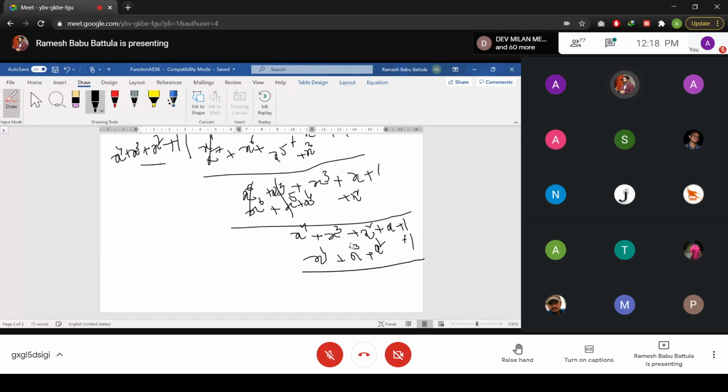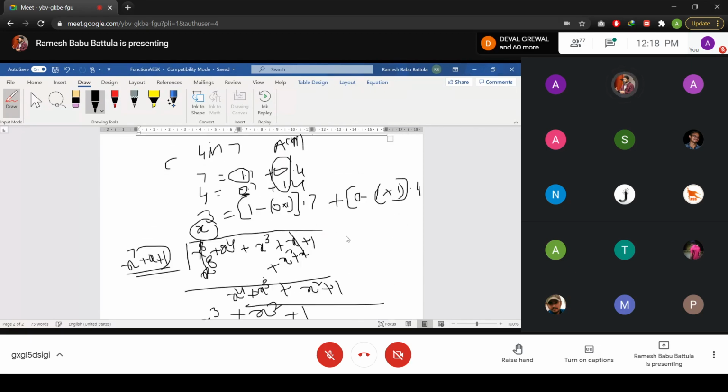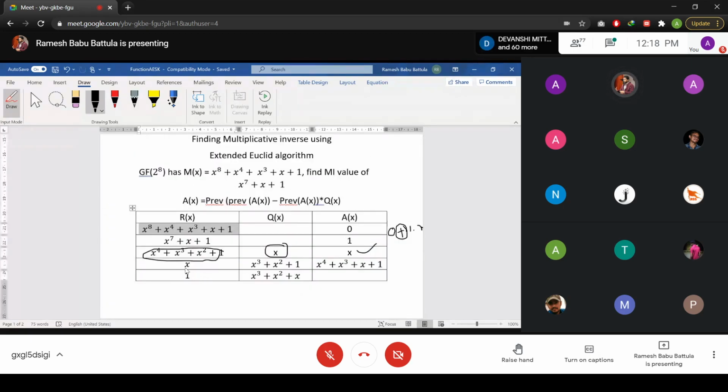Then here, what is the remainder value? These two are cancelled, these two are cancelled, these two are cancelled, and this is also going to be cancelled. And finally, the remainder value is going to be x. The same thing I am placing over here. My remainder value is x, and my coefficient value is going to be x to the power 3 plus x